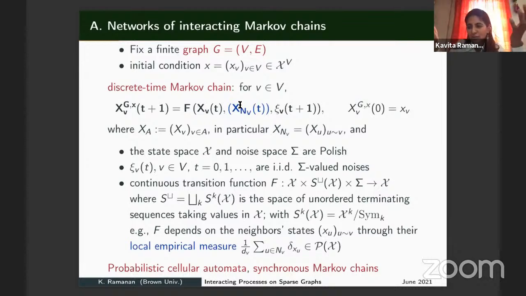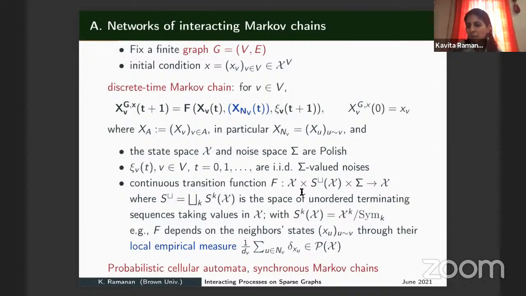If it was a regular graph of degree k, this would just simply be chi to the k, right? And then modded out by the permutations, because it's permutation invariant. This is just a way to say that I only care about the collection of states and not the order in which they are. So don't worry too much about the notation. You might say, why are you complicating it so much?